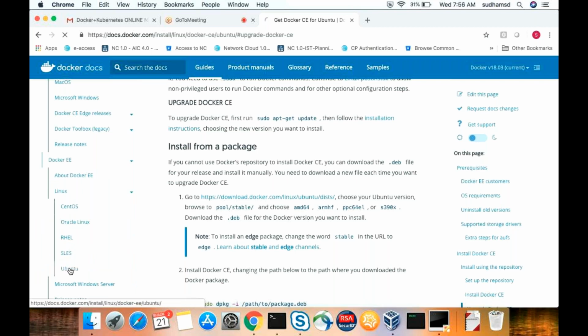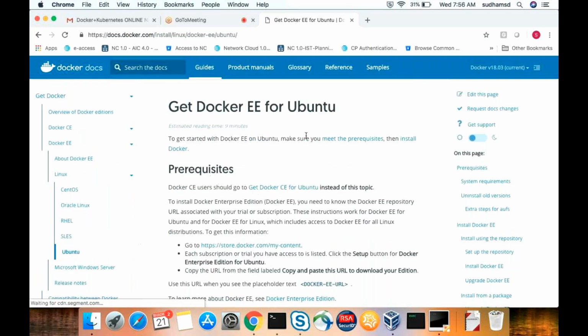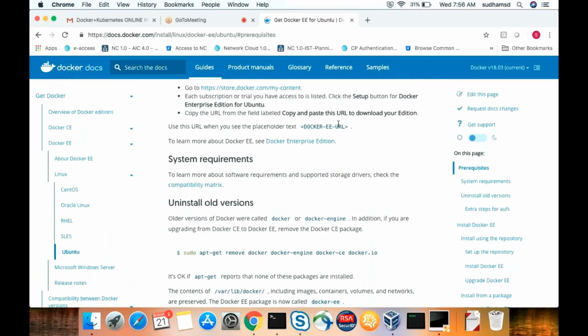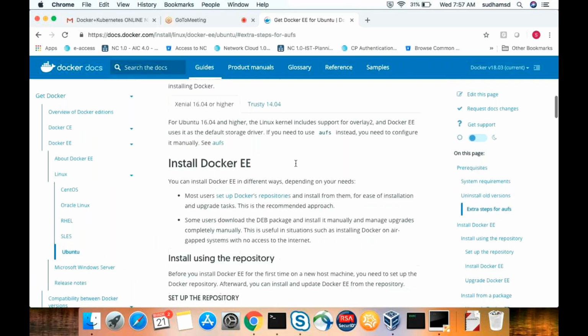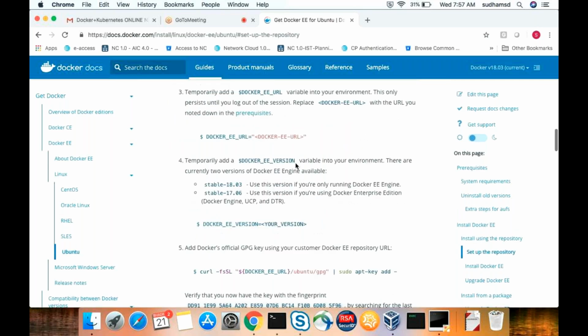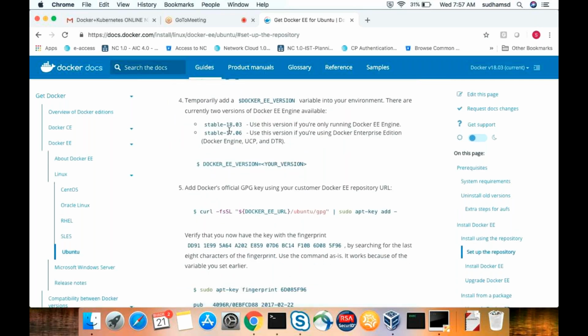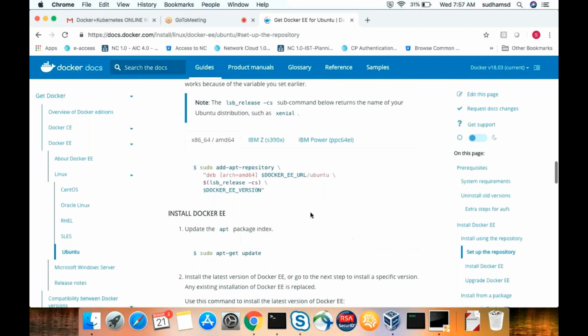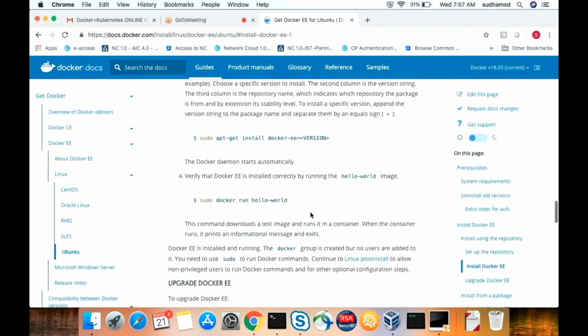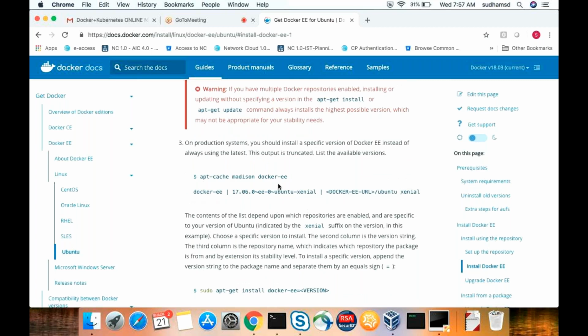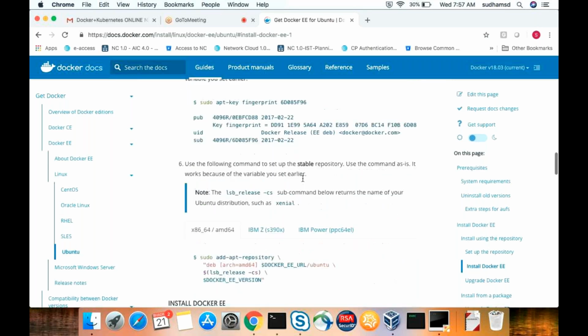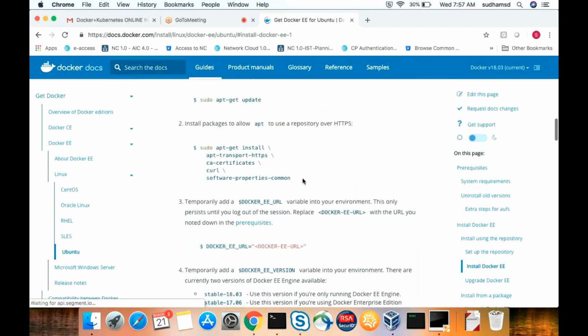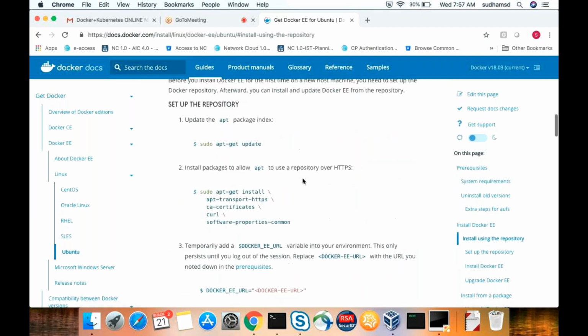This is the enterprise edition. So Docker EE URL, you need to get that. First download it and then install this package. Your version, which version you want to install, that version they're trying to upload. And here they're trying to get the GPG key again and then trying to use it and they can install. But it is recommended to use the official key in order to install this. It is the same procedure, you will just change your key, that's it. Same procedure, doesn't change anything.